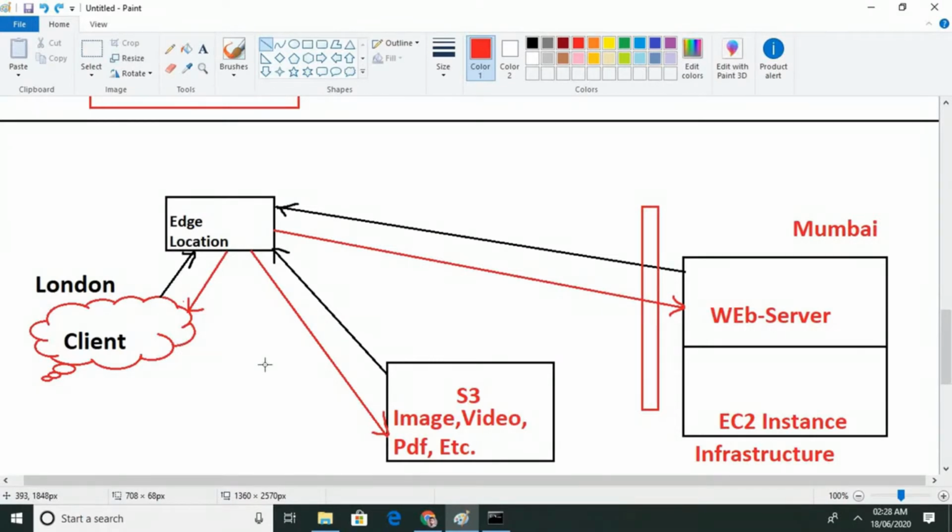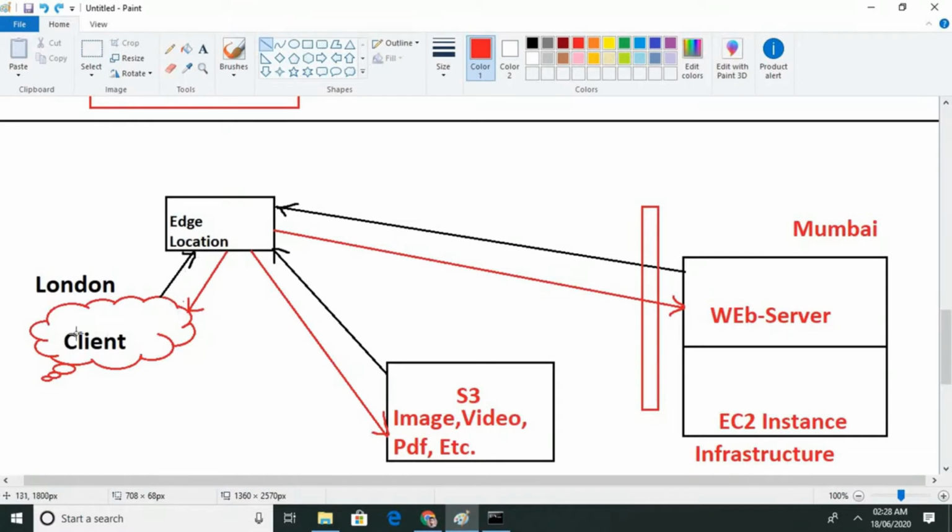AWS has launched 250 plus edge locations, which are small data centers like we have seen previously. When we launch CloudFront, it creates 250 plus edge locations, all connected to each other.